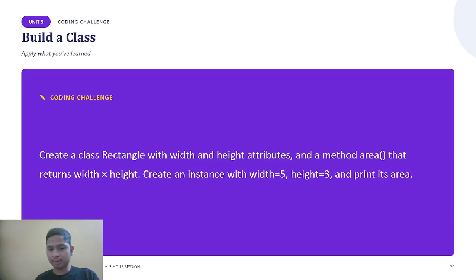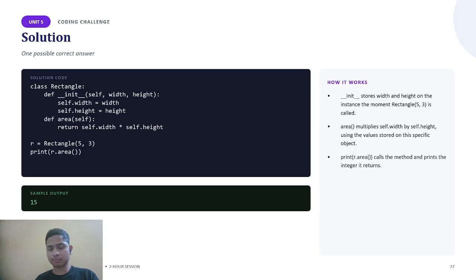and we will create an instance with width 5 and height 3, and we will print its area. So here is our code solution, and let's discuss how it will happen. init will store width and height on the instance at the moment Rectangle(5, 3) is being called, and after that area will multiply self.width by self.height, using the values stored